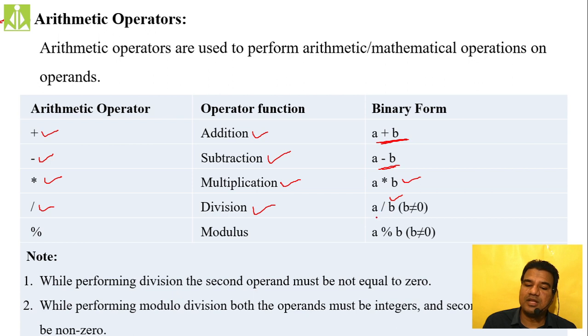And when you are performing the division operation, remember that B should not go to 0. The B value should not be 0, because if B value goes to 0, what will happen? Your program will crash, because it is an unpredictable condition. Unpredictable value or unpredictable condition. That is the reason why, if you perform the division with 0, your program will crash. So don't perform any such type of operation. Sometimes the system even hangs if you do such a thing in your programming.